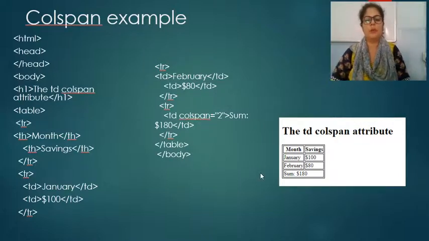So that's why in the table there are two data elements, gen and 100. Now we have to start with the third row. For this we again have to use tr tag, then td tag, feb, td close. So here the data is feb. Then again td 80, td close, tr close. So it will end the third row, and the data in the third row is feb and 80. Now in the fourth row we want to span these two columns.